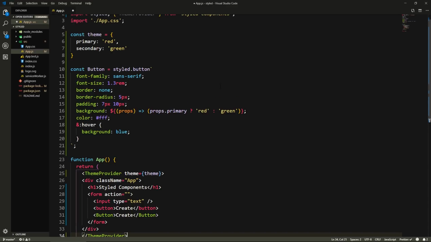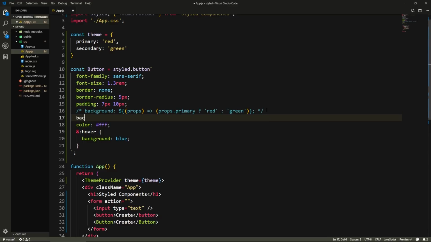Now inside of our components, we will have access to this theme. So let me comment this and leave it like that. Here we can say background. We do an expression like this, and we get the props, and we do an arrow function, and we can just return a value here. Let's say we want to use the primary color. We'll say props.theme. Now we have this theme property, and we can say .primary like this, and put a semicolon